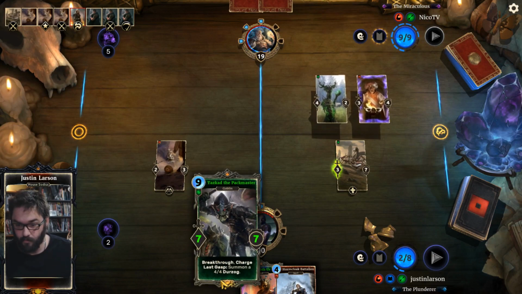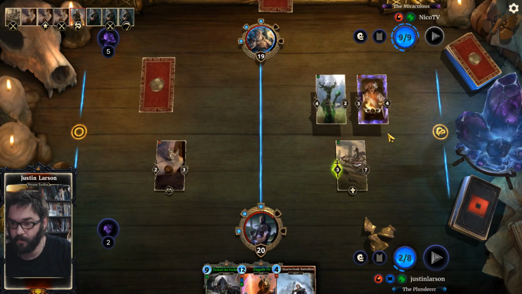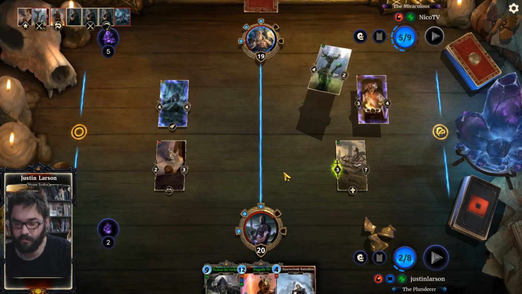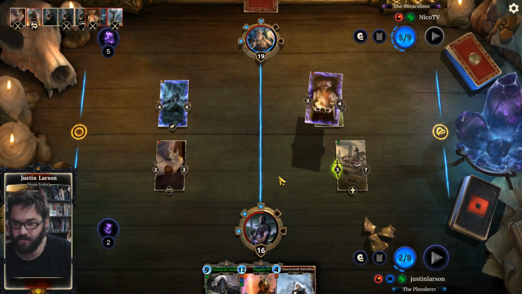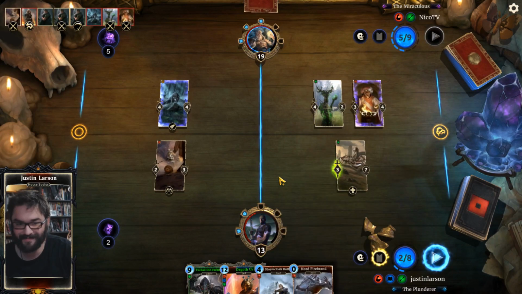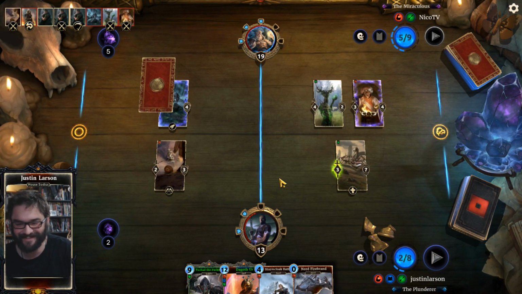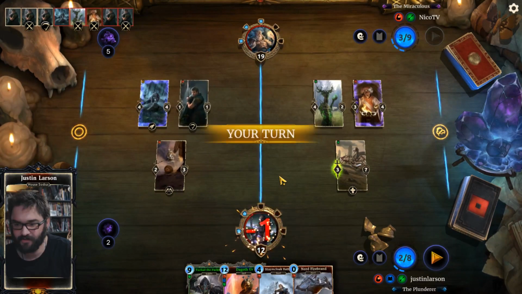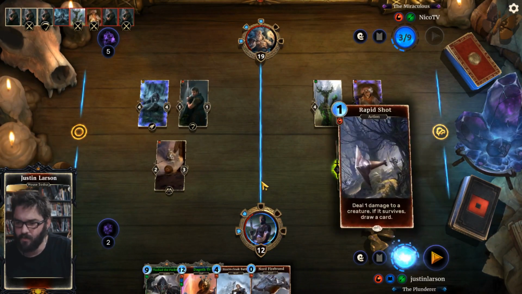And then we go 7/7 Tazcad. They can trade both these guys into my Scorpion if they want. Pack Leader. Still just going face. Alright. Sure. Alright, so...